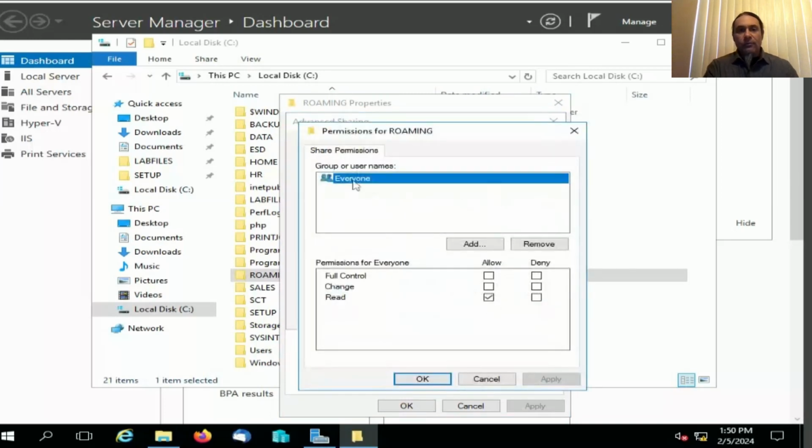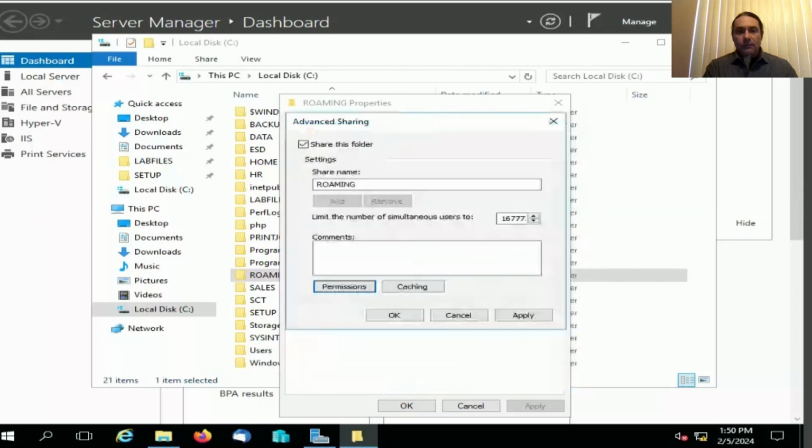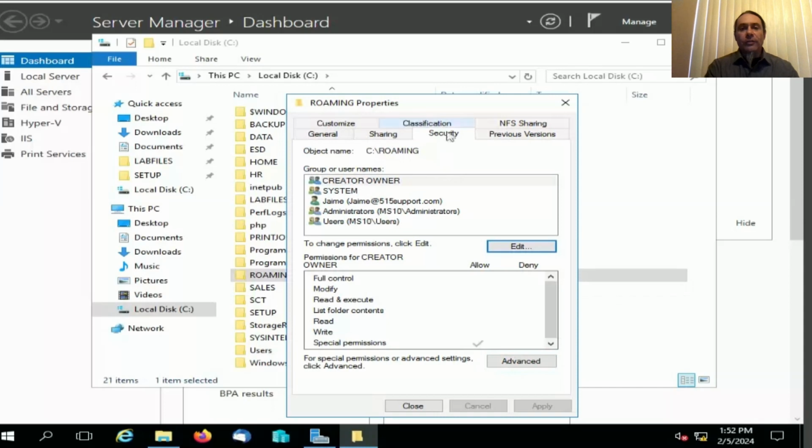Now for everyone in that security group, we're going to want full control. So we'll allow that, and select OK for that. And we'll leave the roaming properties dialog box open for right now. Right here in the security tab,